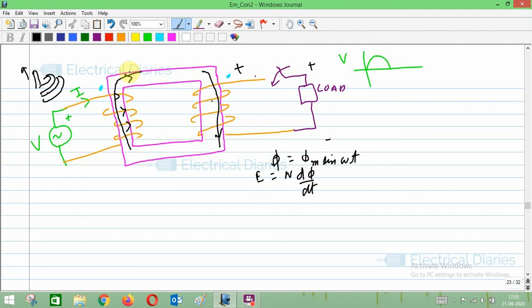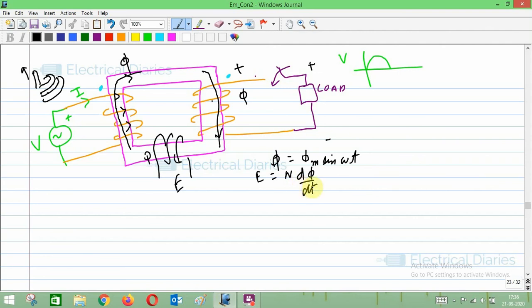The flux in this winding is, let us say, phi. The flux in this winding is also phi. So the EMF induced in this winding and this winding will be the same. If I make another winding here, the flux intersecting with this winding is phi, so the EMF induced in this winding will also be E. This E depends on phi and the number of turns, and if the turns are the same, then E will be the same in all three windings. So that is also something we need to remember. Just for the sake of clarity, E is equal to n d phi by dt.